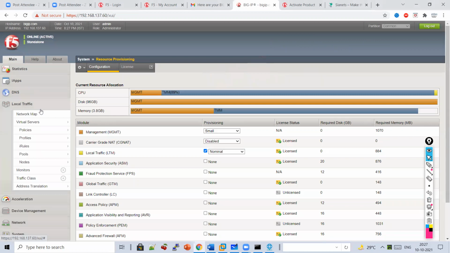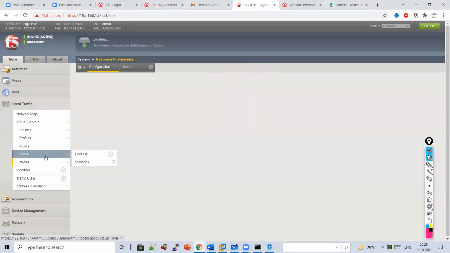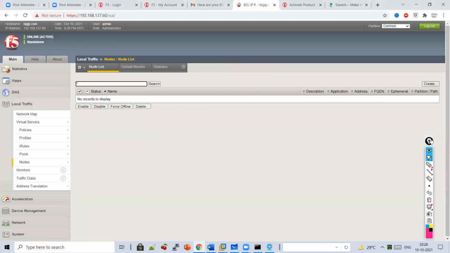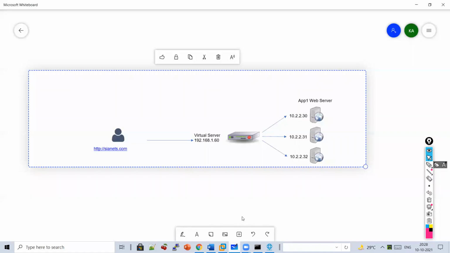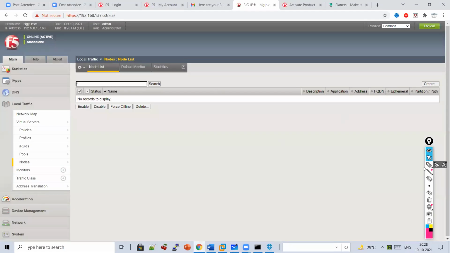So first case is I need to configure nodes. So what is my requirement? I have 3 servers. So let's configure it. I will go into local traffic, nodes, and then I will go to the create option.